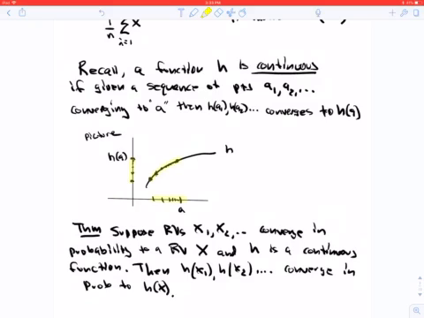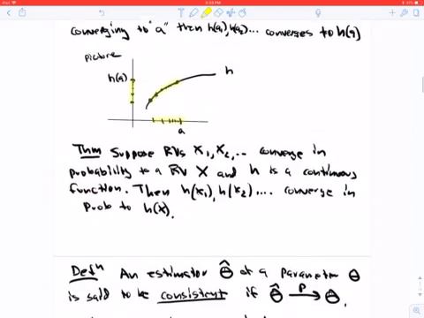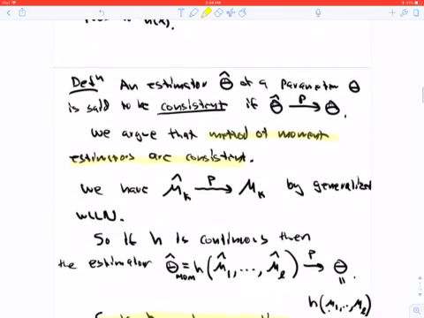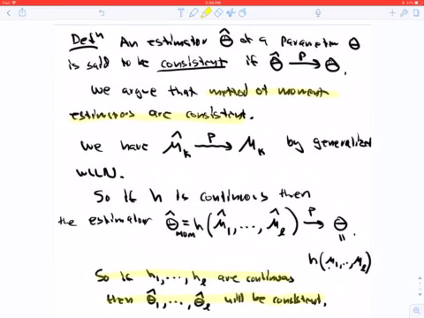A function being continuous basically means that if you have a sequence of points converging in your x direction, let's say to a, then h of that sequence of points converges in the y direction. That's just what continuous means, and we can apply continuous functions to random variables. So if we have convergence of X's, random variables, we'll get convergence of h of X's in probability. That's a very useful result that we're going to use to show that MOM estimators are